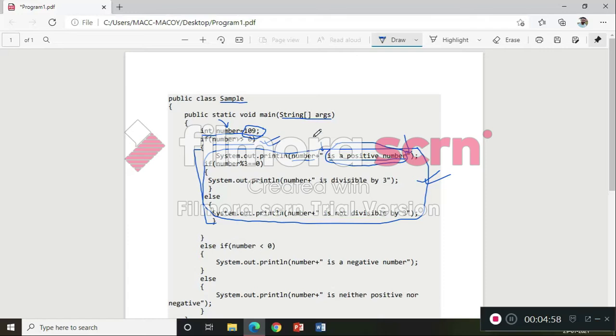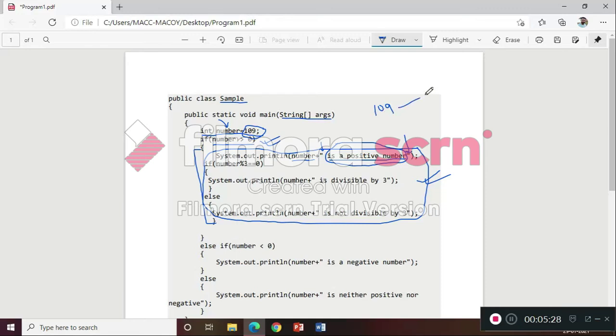Along with it, this plus sign. This plus sign is known as concatenation. Remember my word, concatenation. Concatenation means to merge. What will display is 109, and along with it, this whole line, is a positive number, will be pasted along with this 109.